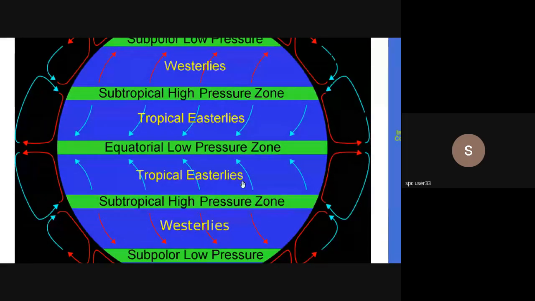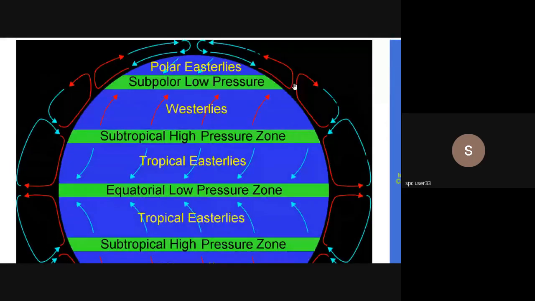You'll see that it's a zone, it's not a line, it's not a compartment that you can just peep into. This is going to be a zone of a few tens of kilometers, and in each zone there is a gap. This gap, this gap, this gap. Even further up you are going to have a gap here as such, and that's why it's called a zone: high pressure zone, low pressure zone. But interestingly, in low pressure, the pressure is released, and the air particles are going up. In high pressure, the pressure increases because these particles are coming down. Same thing happens at 60 degrees low pressure, same thing happens at 90 degrees high pressure.